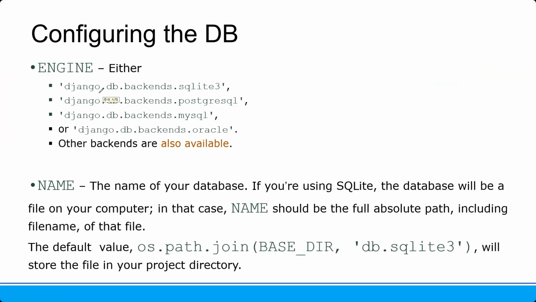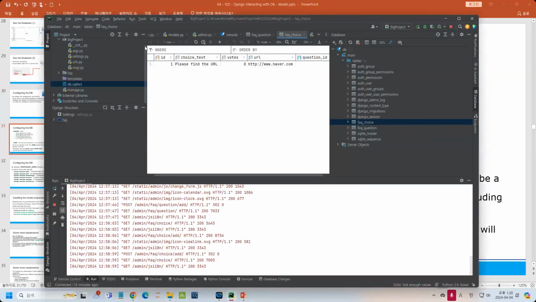I think now Django can connect to any kind of database. Now we are using the SQLite. So if you want to use the MySQL, you can just call the MySQL. If you want to use the PostgreSQL, you can connect to the PostgreSQL. If you want to connect to Oracle, then they also have the connector or binding to the Oracle. So for example, if you look at the settings,